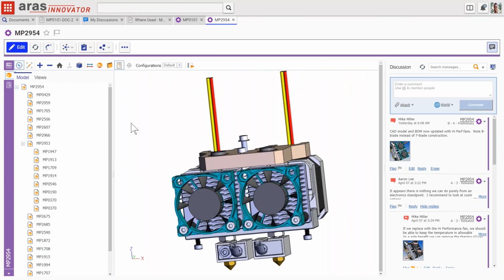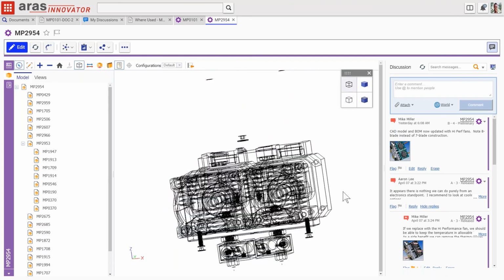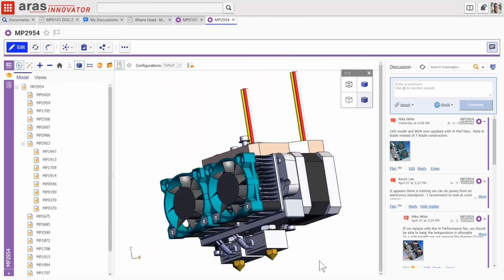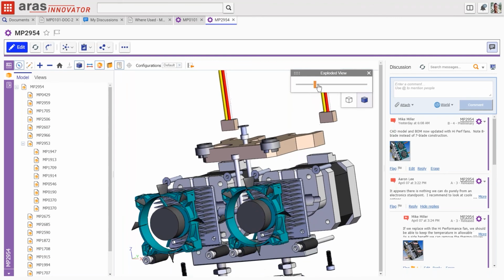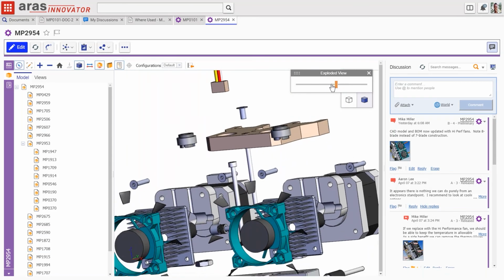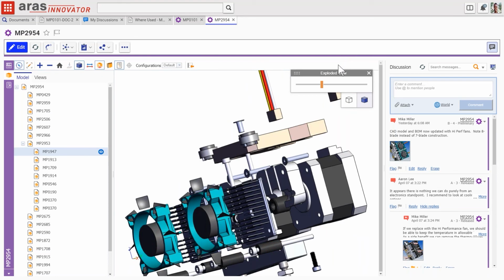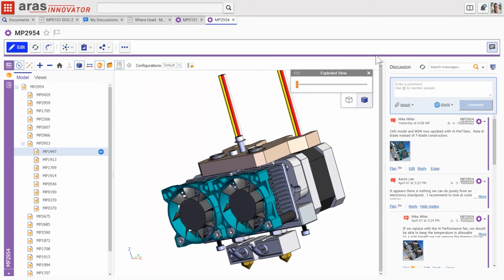So looking through all these CAD viewing capabilities, we have different display styles for the render. All these wireframes if you like. I really like this illustration mode. And back to our typical wireframe view. We have an exploded view, where we can look at each of these components one off. And let's say that Mike is now interested in these bolts just here that hold the new fan, and he's wondering, are these long enough? And have we double checked that this fan's not going to chatter loose when it's working?